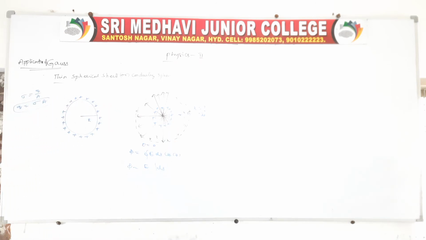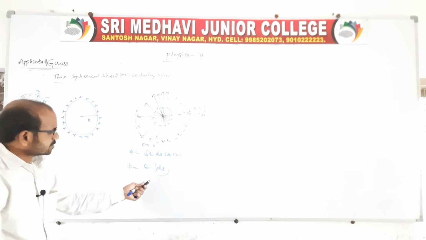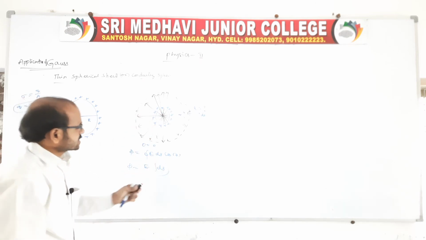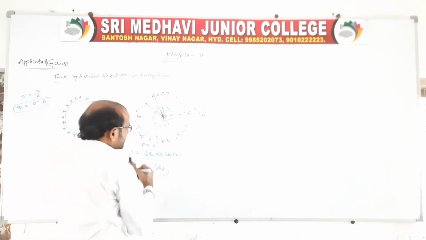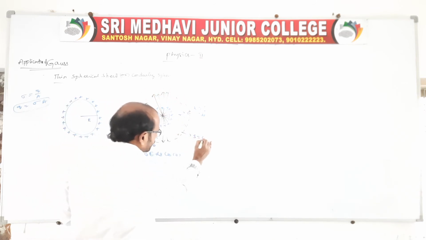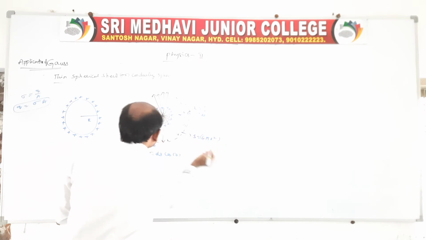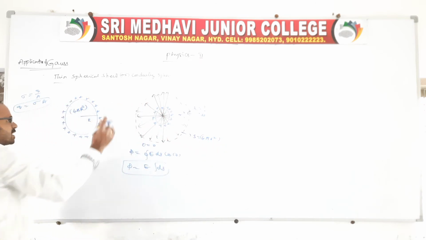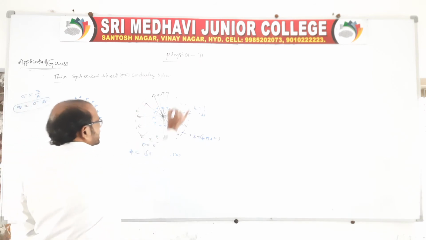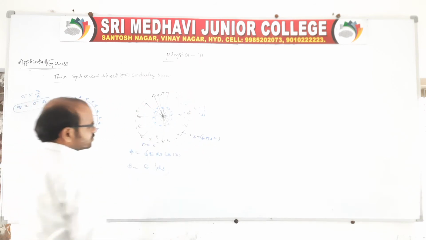Here we will go for the next one. So here S is nothing but what? The surface area. For a closed area, for this area, S is equal to 4 pi small r square. Here, for this area, it is 4 pi capital R square, because it is a spherical shell and it is a closed area. For this closed area, it will be 4 pi r square.